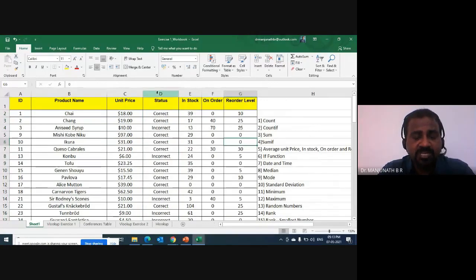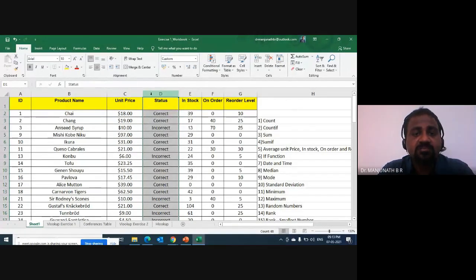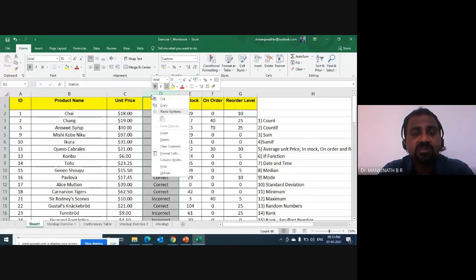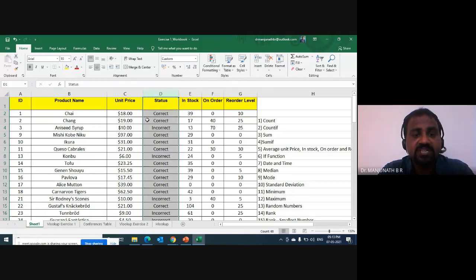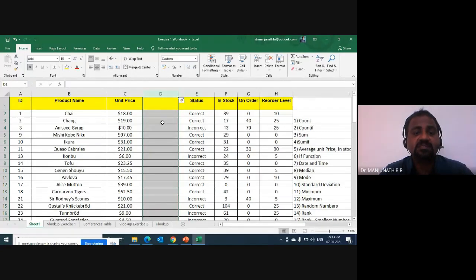If people are not remembering the shortcut, it is very simple. On column D, you will do a right click if you are going with the mouse or a touchpad, because I'll have to train you on both things, right? See column D, you touch column D. After pressing this column D, you right click and then say insert. And you can see the new column is inserted. Please name this as rank.